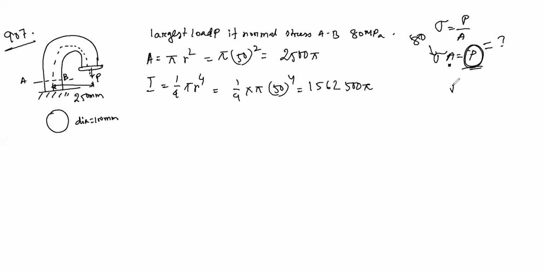তো আমার হচ্ছে যে সিগমা a equals to p by a আর সিগমা f equals to my by I, so এই ক্ষেত্রে I by r by I, তাই না? সো r আছে, I আছে, p আছে, a আছে, p টাই তো বের করবো। m টা বের করতে হবে, রাইট? m, so আমার m কত? m is equals to, if p is here, so vertical, so distance is horizontal, so 250 into p, এই হচ্ছে m,